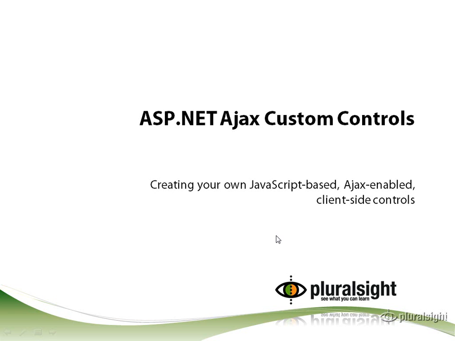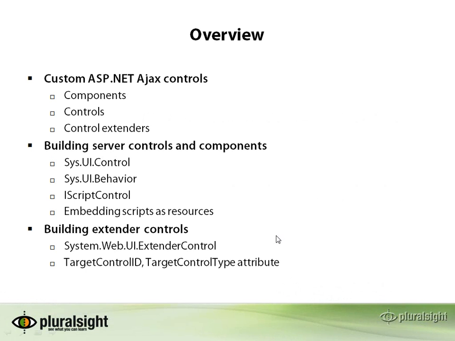So we're going to start by looking at the various types of controls that you can build. These include components, standard controls, and then control extenders, of which most of the toolkit controls were examples. Then we'll talk about the details of putting these controls together. So building the client-side class, we're going to use all the techniques we discussed earlier for building client-side JavaScript classes that have methods and properties and events that we will tie into our server-side control's behavior. And the main mechanism we're going to use to tie it to the server-side control behavior is this new interface,